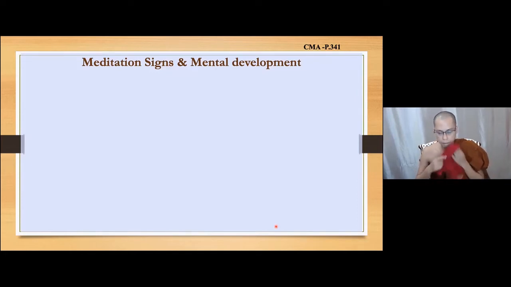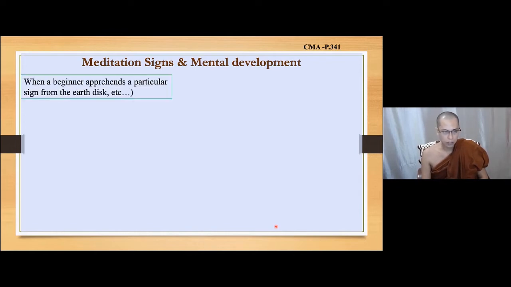So let's study the meditation sign and mental development. As we have studied the three stages of meditation sign, three types of meditation sign, and three stages of mental development, starting from the beginning, the beginner apprehends a particular object. For example, it is the object of the breathing or breath. It doesn't matter. So let's see by the objects. The original object, starting from that,